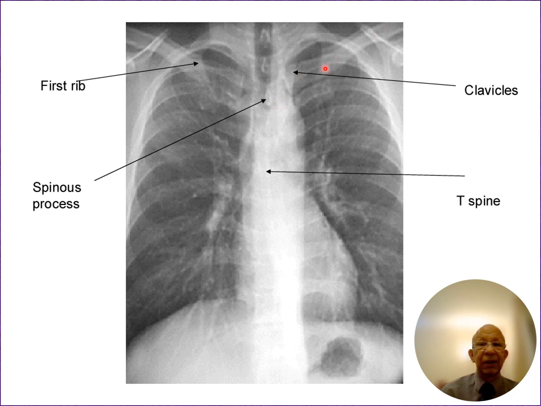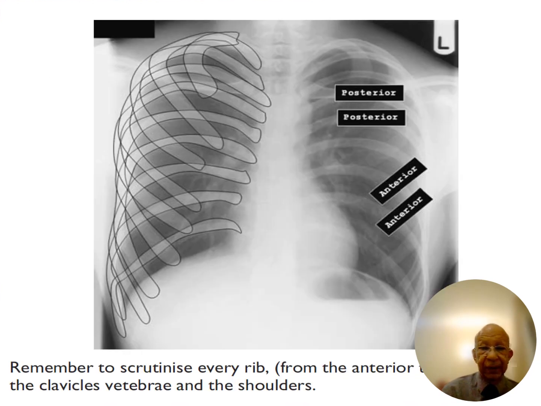This is the clavicle, the left one and the right. You can see there is a bit of lung always above the clavicles, and these are the spinous processes. You can just see them behind the trachea and the gastric air bubble. Now the ribs, as I said, this is the anterior part and the posterior part of the ribs,